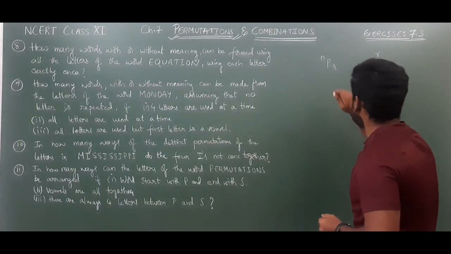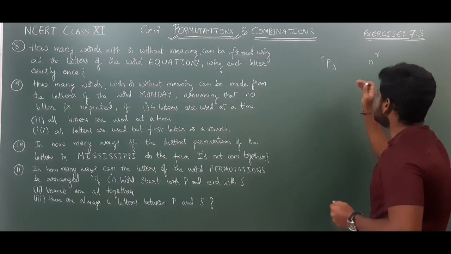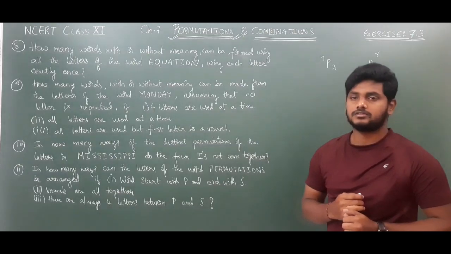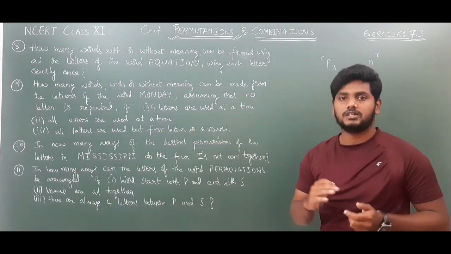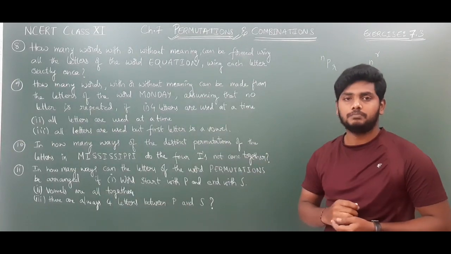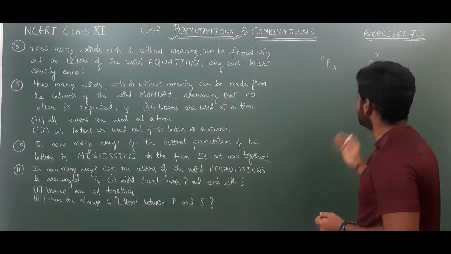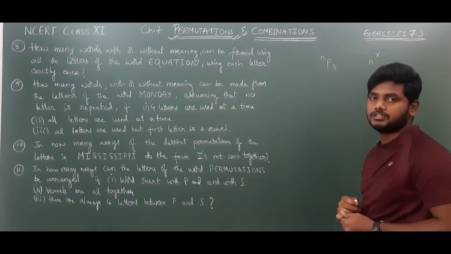When will we use nPr, and when will we use n to the power of r? Only these two formulas are there to solve the problems of permutations. The problems where we get different arrangements of words are nothing but what we call permutations. Only these two do we have? No. Another formula also we have. First of all, look at these two. When will we use this, and when will we use this one?